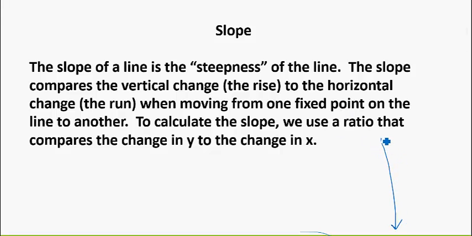So if we have a line, and hopefully this is a review for most of you. If you still have questions, just shoot me an email. I'll be glad to discuss this further. So if you look at your line here, this line has a steepness. As we move from left to right, this line is going up at a certain steepness. And when we calculate the slope, we use a ratio that compares the change in y to the change in x's. So you would want to find 2 points, and usually you're given these points,